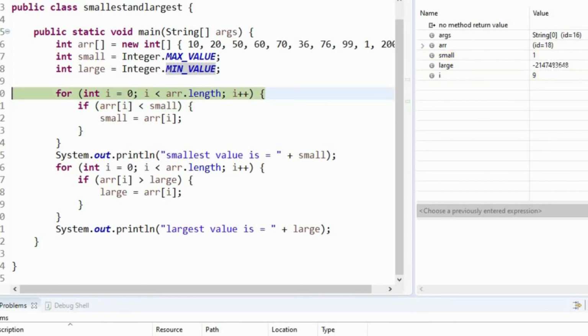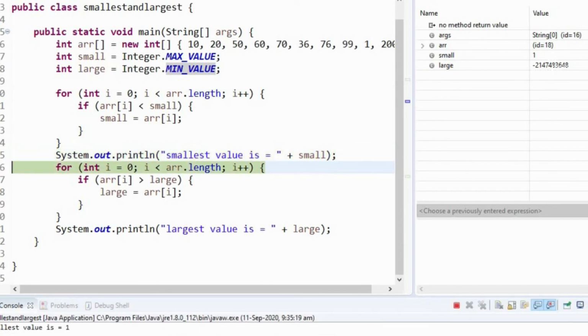Now let's check for the largest. First it will get the value 10 from the 0 index, and check if 10 is greater than the negative number. Definitely it is greater, so that value will be assigned to large. Now the large variable has the value 10. Again it will check for 20. 20 is greater than 10, so it will be true. It will get into the if block and assign the value 20.